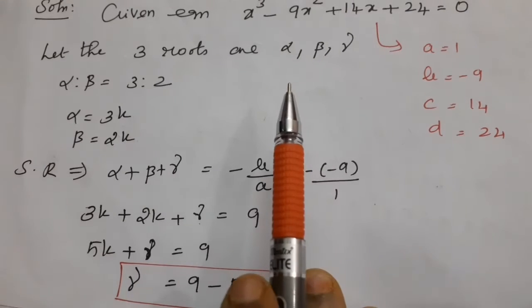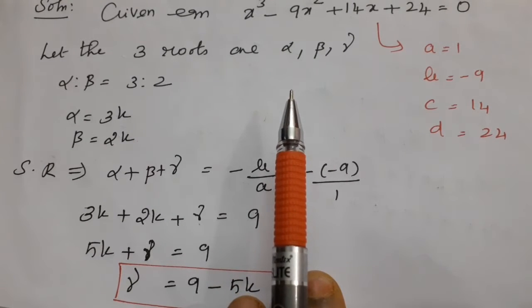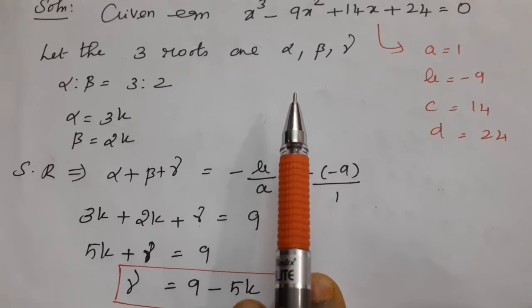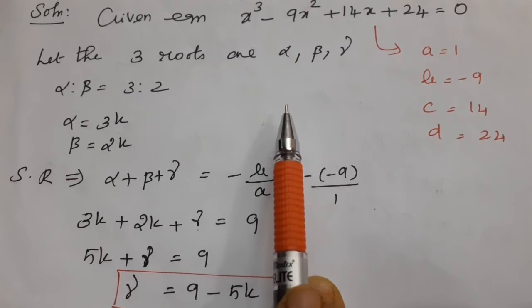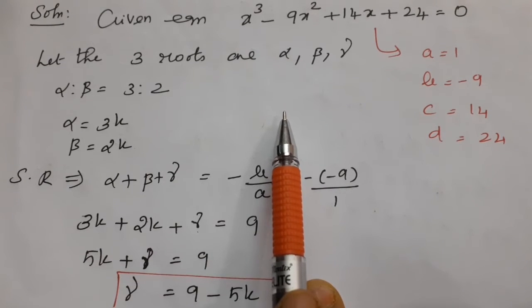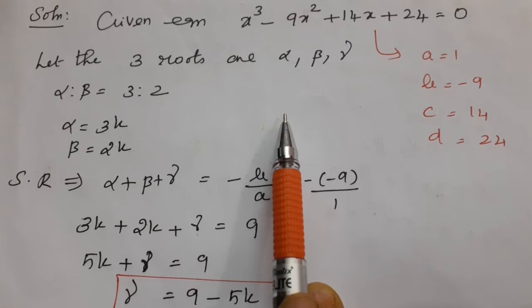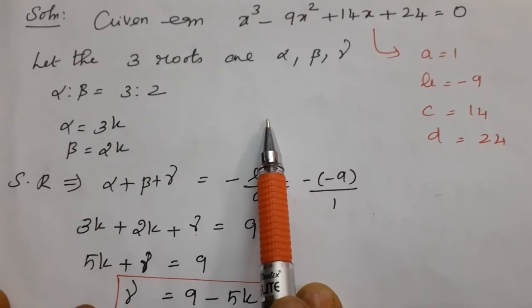Remember that one. The condition for the last time I revise is the product of the two roots is 1. Here the given roots are in the ratio 3 is to 2. Therefore, one of the roots is taken as alpha is to beta is 3 is to 2, alpha equal to 3k. Always a ratio is written with some constant. Alpha equal to 3k, beta equal to 2k. So first you find the sum of the roots.